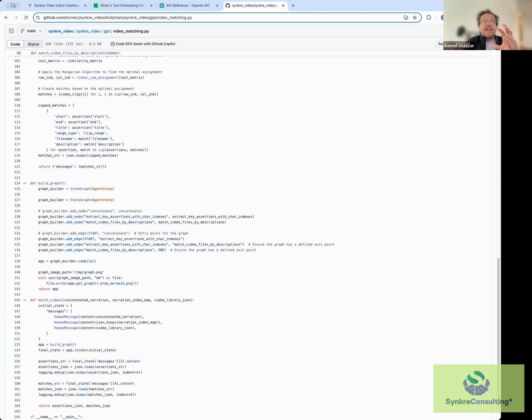The whole idea of an agent is that you want to do multiple things, like multiple calls to ChatGPT, for example. In this case, I call embeddings. There's another step where I extract assertions or titles and so on. The reason I'm using an agent here is that I put together 2-3 steps, and you can deal with it as one package. The agent manages how the process goes through this graph, goes out to the APIs, and gets back the response. This is supposed to be the next big thing, agenting, because it can put together these little pieces and use these little APIs to do a complex task. That's why I'm using LangGraph.